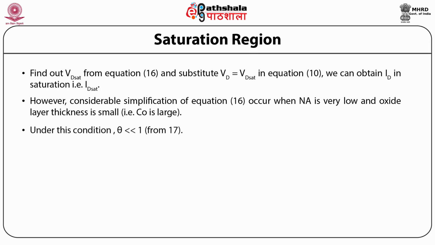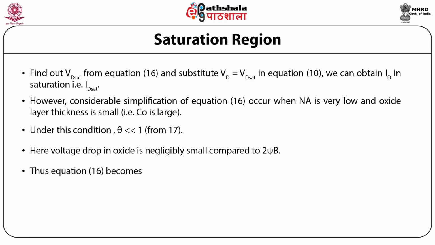So under this condition, theta is very much less than 1 from 17. Now here voltage drop in oxide is negligibly small compared to 2 psi b. Thus equation 16 becomes Vd saturation equal to Vg minus Vfp minus 2 psi b approximately equal to Vg minus